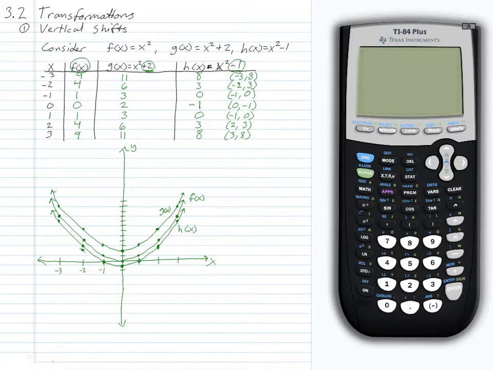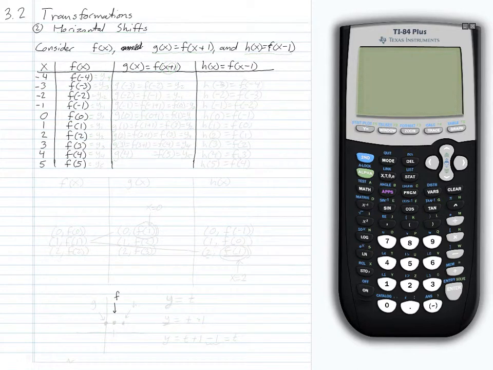Now in the next type of transformation, we're going to be changing what's happening inside of the function. So let's take a look at that. So here we see our second type of transformation, the horizontal shift. Now I am not going to use a specific function. I'm going to imagine a function f of x, and associated with that two functions g of x and h